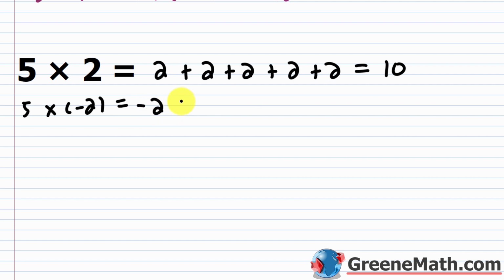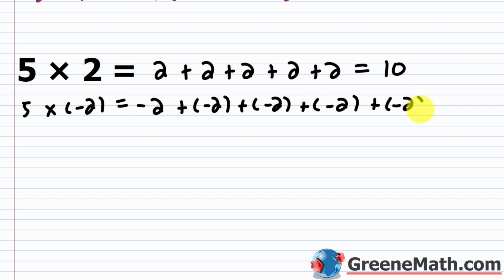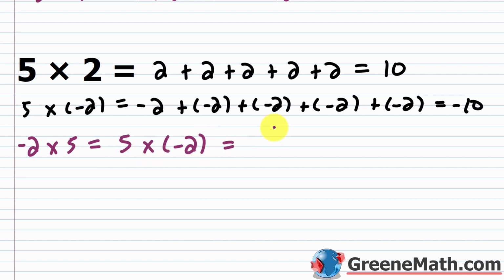So this would be -2 plus -2 plus -2 plus -2 plus -2. And of course, this would be -10. Now, if I change the order, let's say I was given -2 times 5, well, of course, I could just flip it back, right? So it's going to give me the same answer because of the commutative property of multiplication. So I can just legally say that this is the same as 5 times -2,